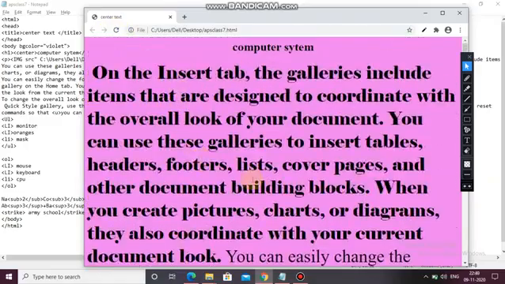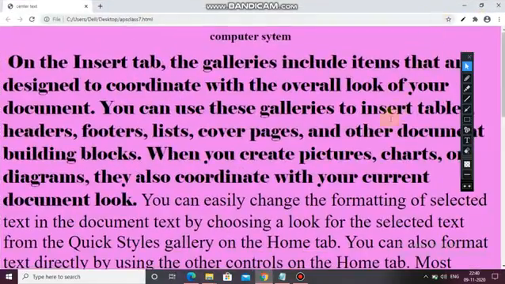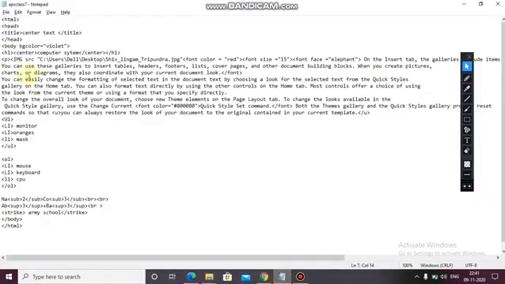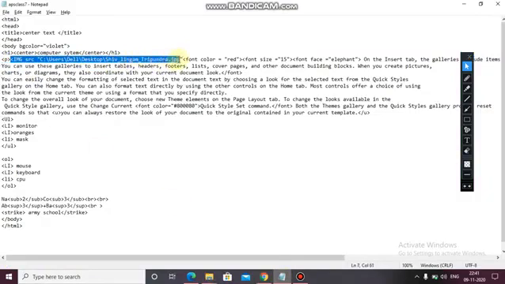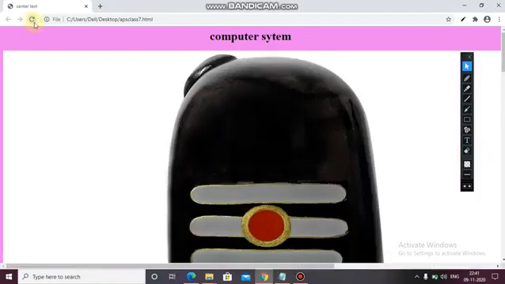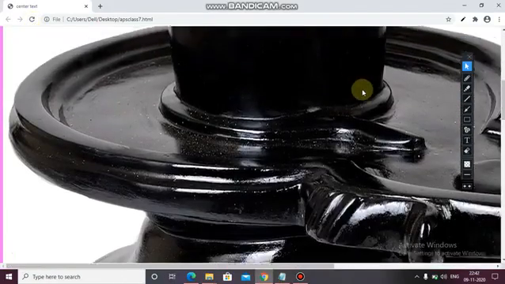Refresh. So here you can see there are no changes. I am just showing you the errors also, what the errors are. Now see here, we have written everything clearly, the path also is given clearly, but here you can see the equals to is not written. So just put equals to, then Control S, and let's see the result. Here you can see the picture came.